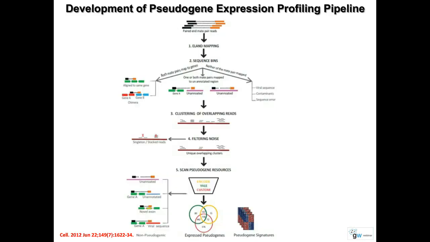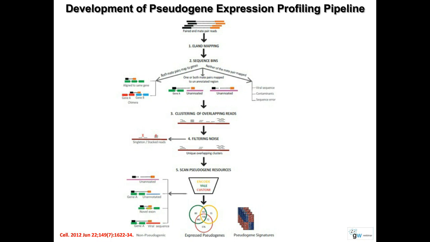Even in this paper, we described the pseudogene pipeline, how we separate the pseudogene reads from the wild-type gene sequence reads. Here you essentially need paired-end sequencing with long reads. When you have these mate pairs, you map them to the reference genome. When the mate pairs map to already annotated genes, you can separate those reads, but select only the reads where one mate pair is mapping to a known gene and the other mate pair is not mapping to